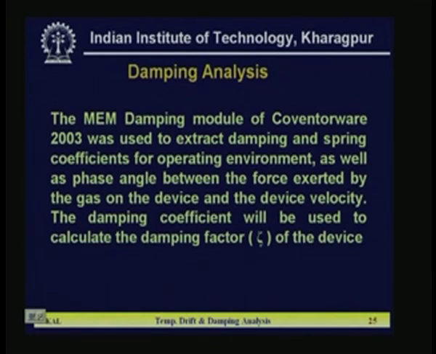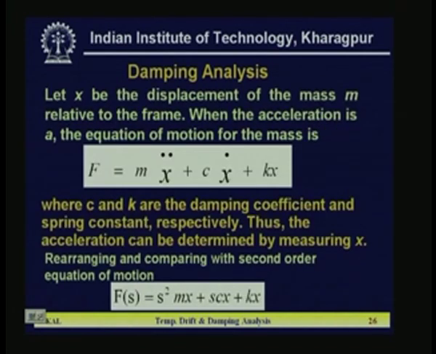Here we have used again the Coventor 2000C, one MEMS damping module is there, micro electromechanical system, the damping module. That module has been employed to find the value of the damping and spring coefficient for the operating environment, as well as phase angle between the force exerted by the gas on the device and the device velocity. The damping coefficient will be used to calculate the damping factor of the device. Now, these are the analysis,